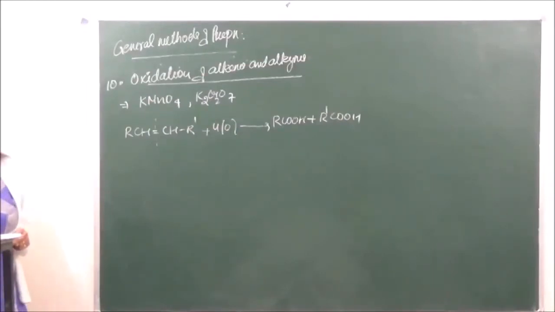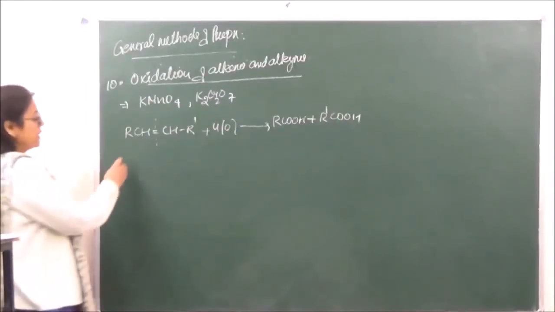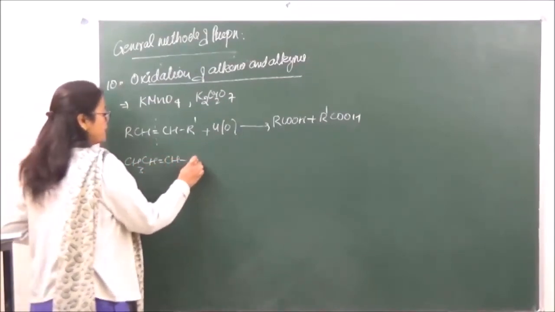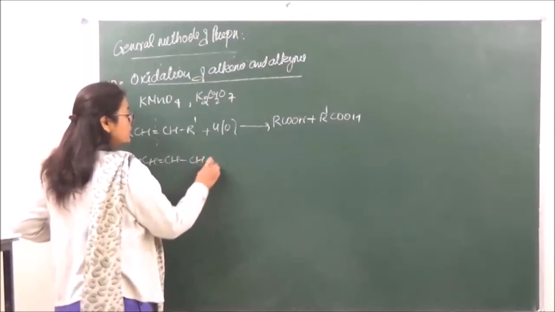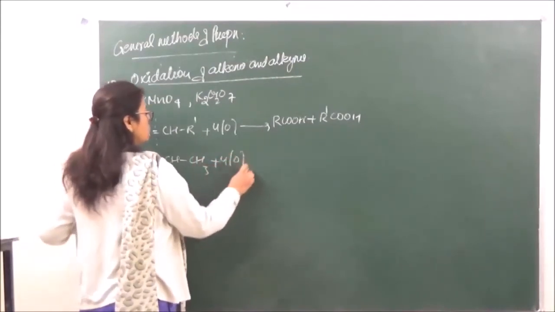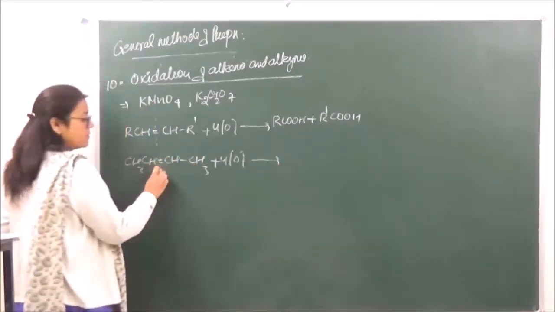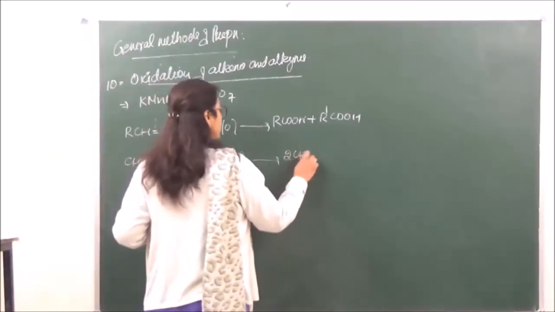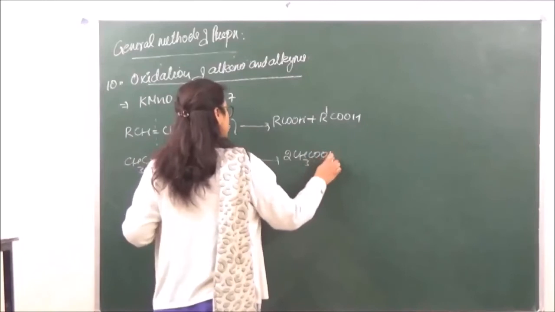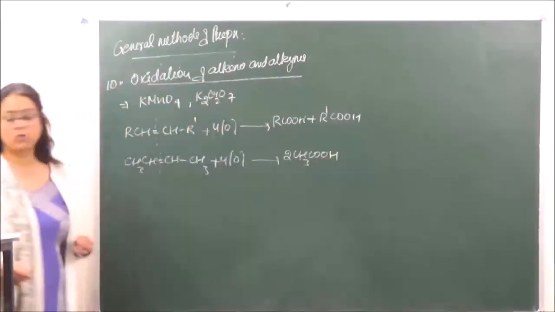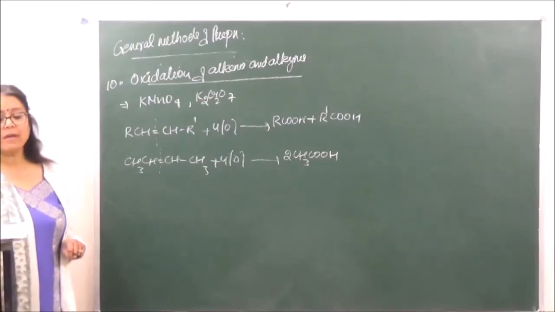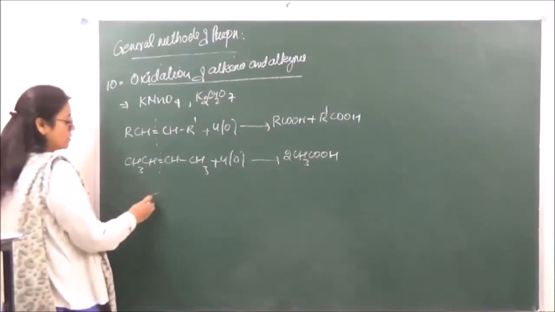Okay? Let's take an example over here. We are taking CH3, CH double bond, CH and CH3. On oxidation, cleavage will take place from here. So we are getting two molecules of acetic acid, 2CH3COOH, right? And if we have a cyclic compound of the type